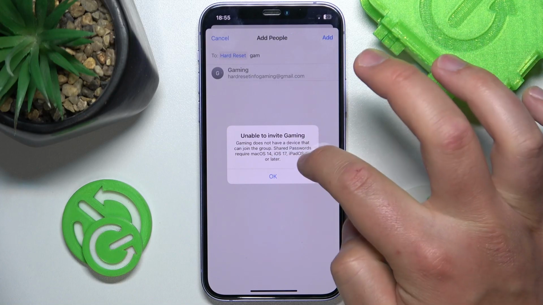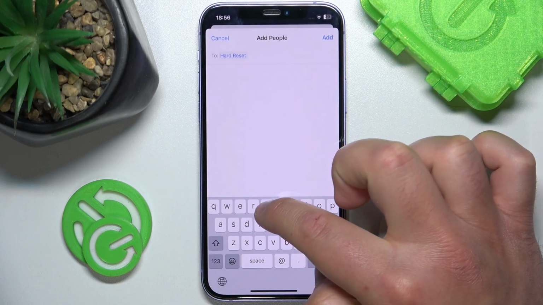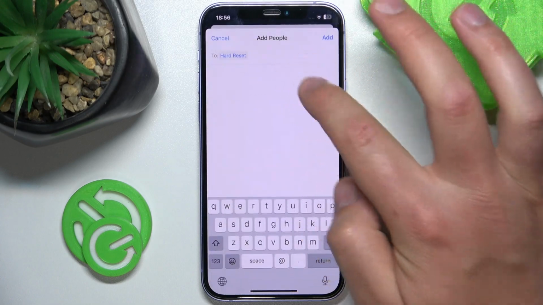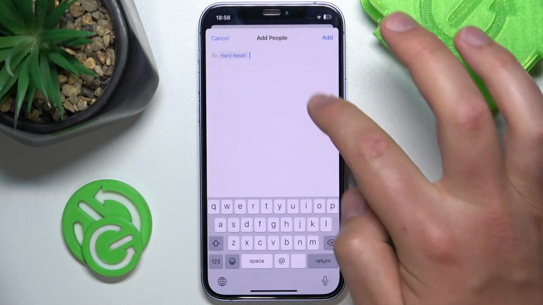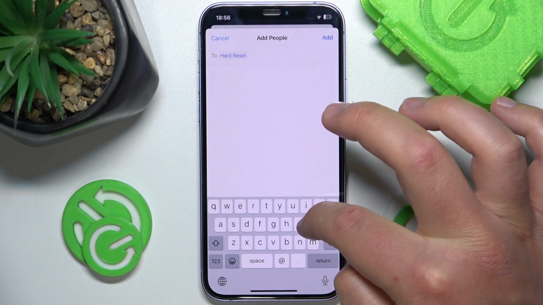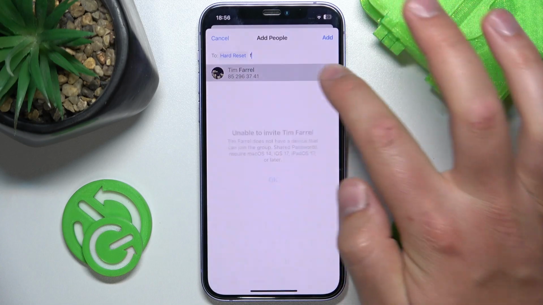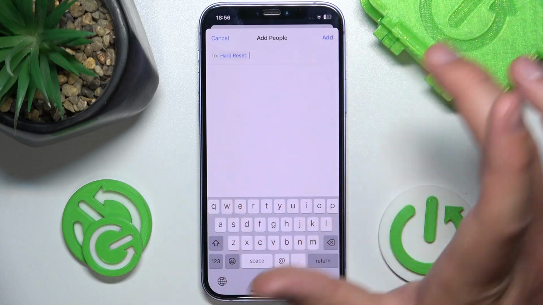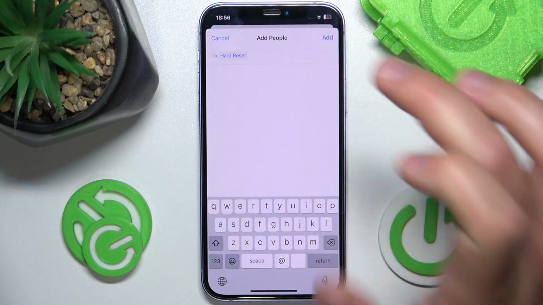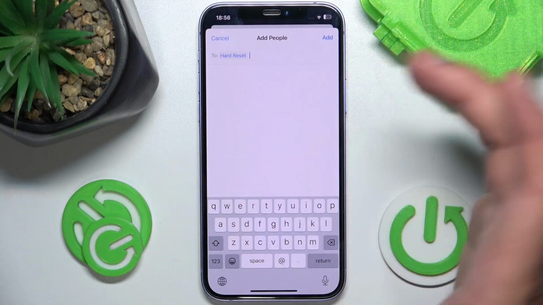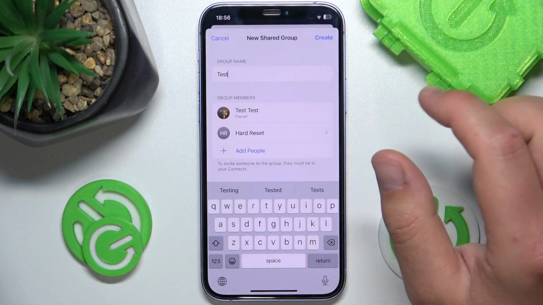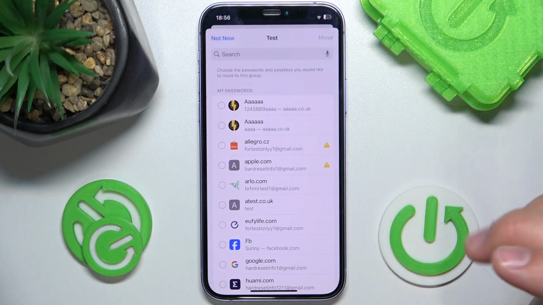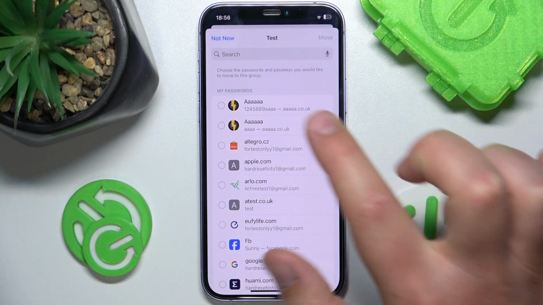And maybe this one right here, or maybe this one, or maybe not. Okay, I'm just going to add this guy right here, because nothing is working. Then, after adding people, you can add more, obviously. You want to click Add and then click Create, and from this time, let's wait a second,